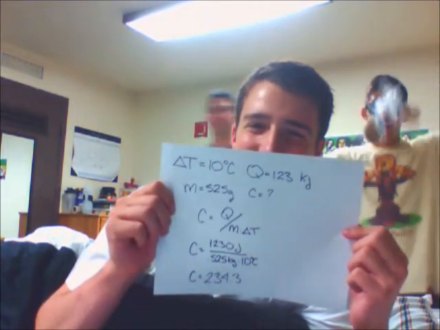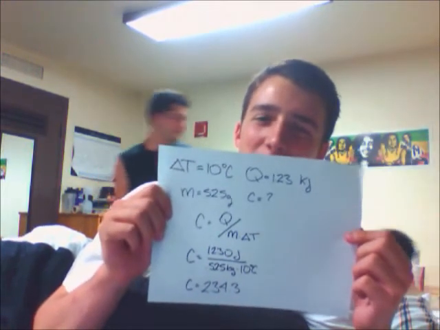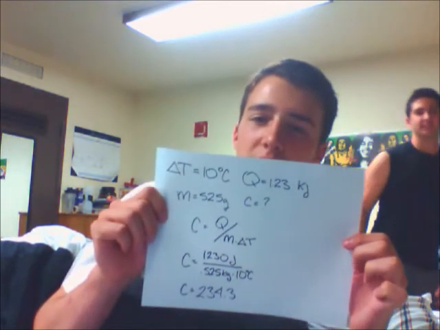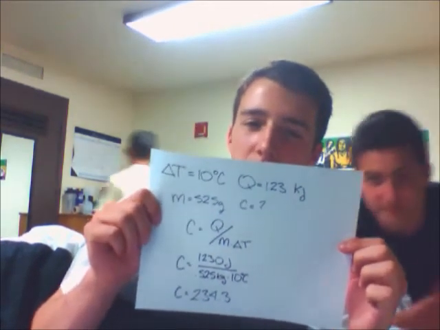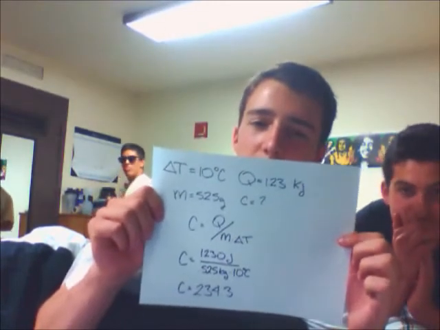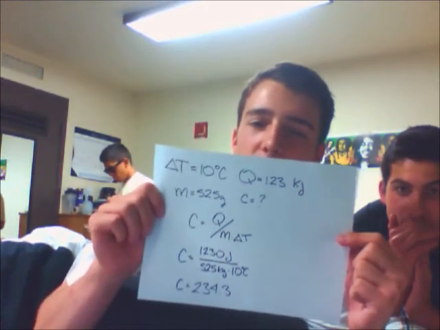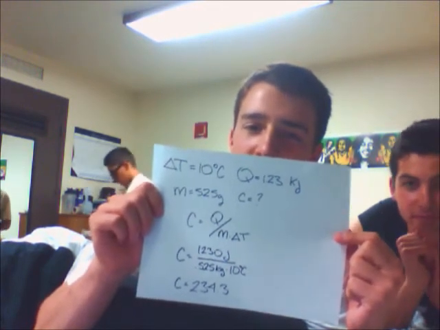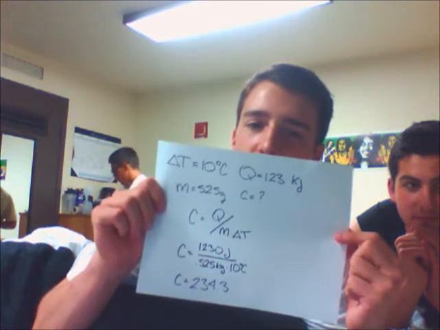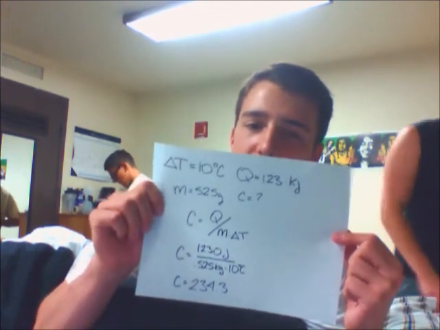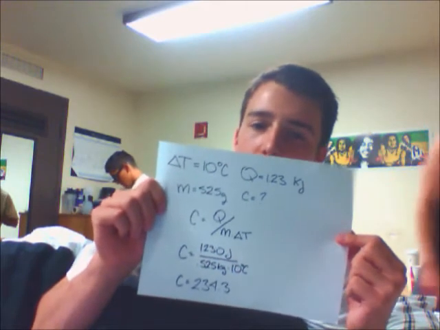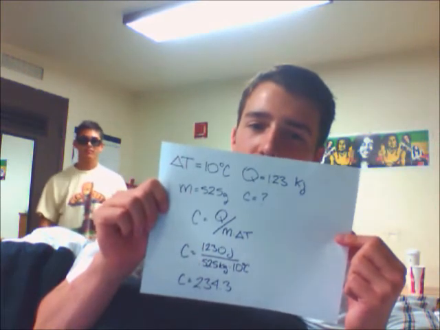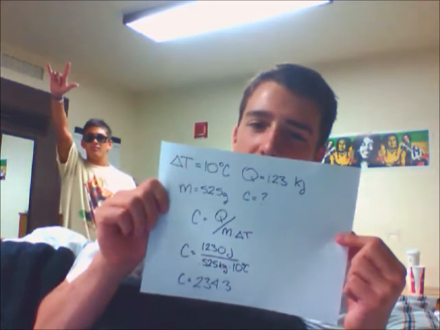They're hot! Given the change in temperature is equal to 10 degrees Celsius, the energy applied is equal to 1.23 kilojoules, and the mass is equal to 525 grams. However, what is the specific heat? Using the equation that the specific heat is equal to the energy applied divided by mass times the change in temperature, we can plug in the variables and find that the specific heat is equal to 234.3. However, it is important to know that you must convert the kilojoules to joules and the mass from grams